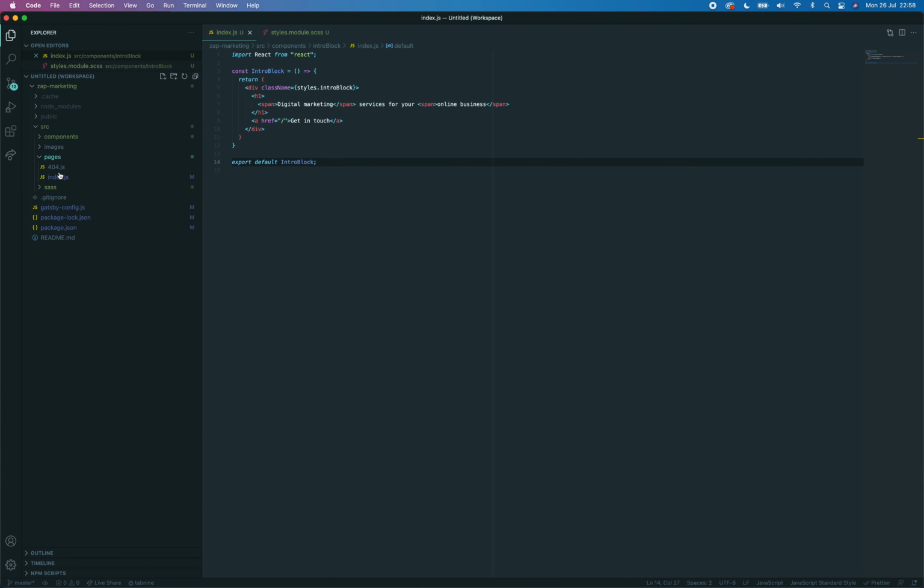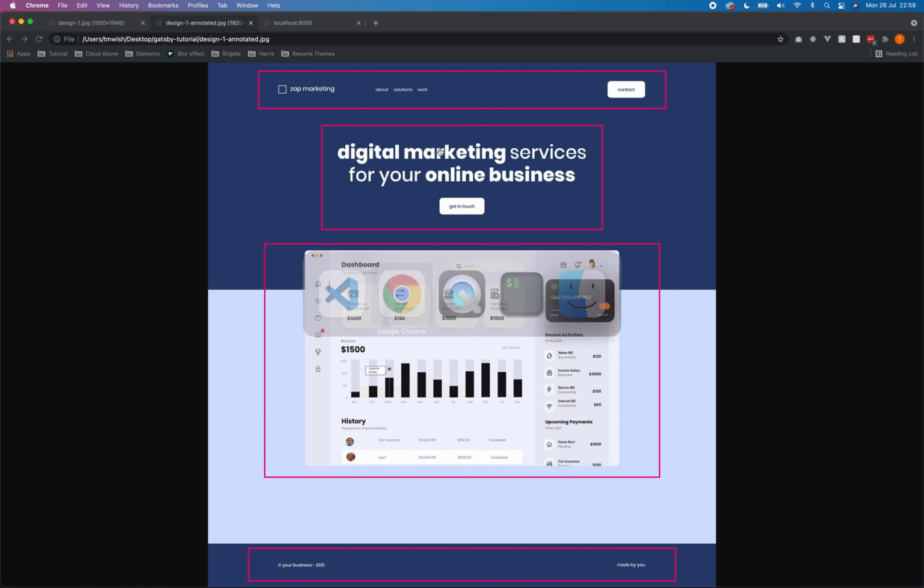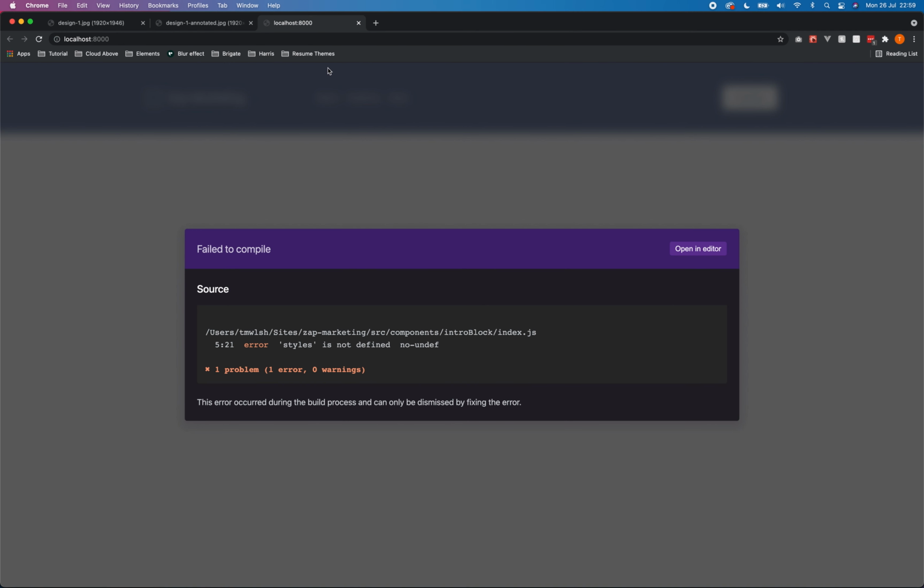So if we go to our page, we can now include this. We can actually get rid of container because that's not used anymore, and we can say intro block. Now if we return this, it's going to complain again because we don't have a single parent element, there's two. So we can just use these React fragments again, just to stop React from complaining. And if we look at our homepage now,